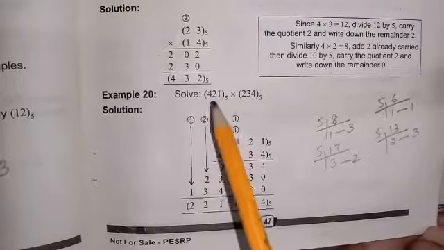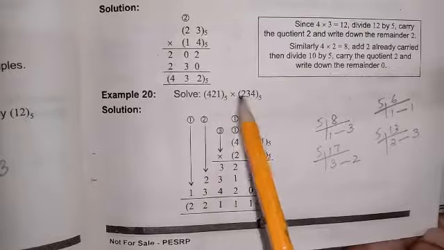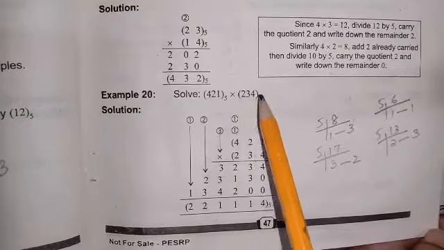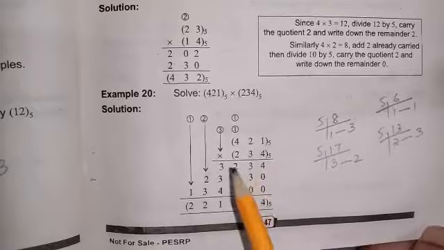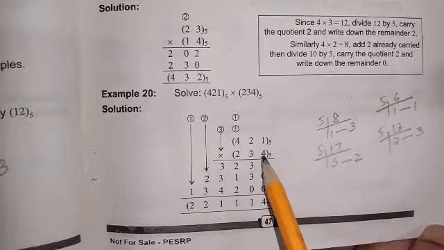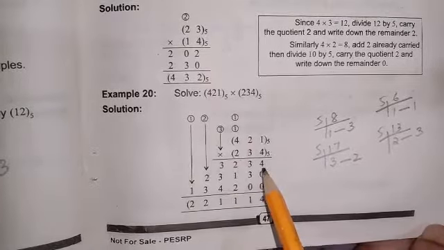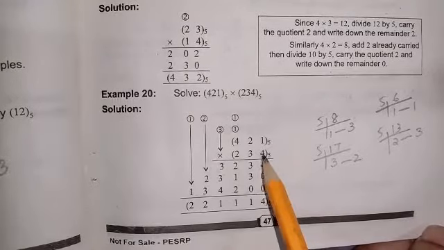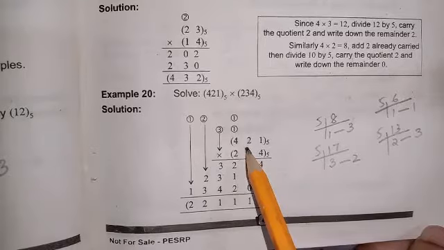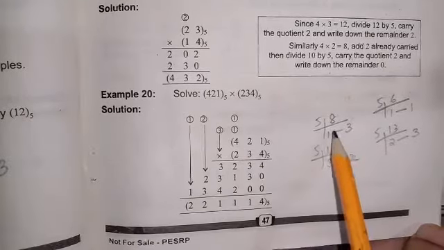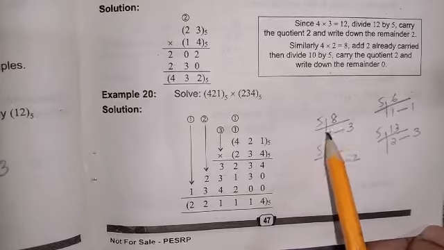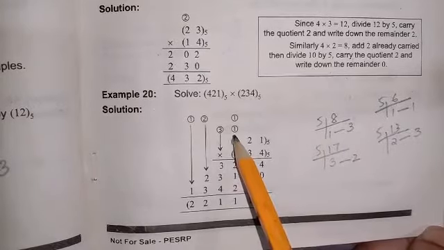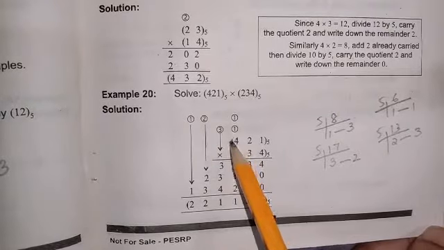Now students, here is the example of multiplication of base 5 number system. The first number we have is 421 with base 5 times 234 with base 5. We will write the numbers here. Now students, when we multiply 4 into 1 we get 4. We will write 4 as it is because 4 is a digit of base 5 number system. Now 4 twos are 8. We cannot write down the 8, so we will divide it by 5. After the division, 3 is the remainder and 1 is the quotient, so we will write 3 here and carry the 1 quotient to the next column.